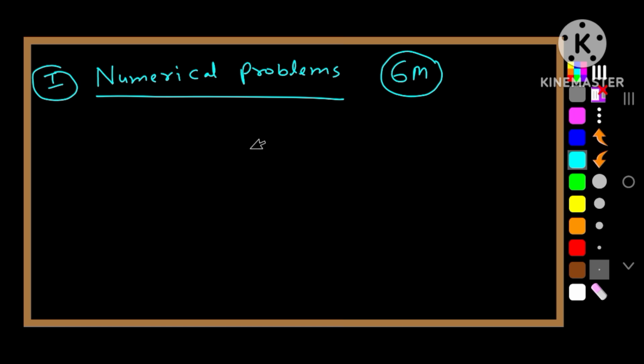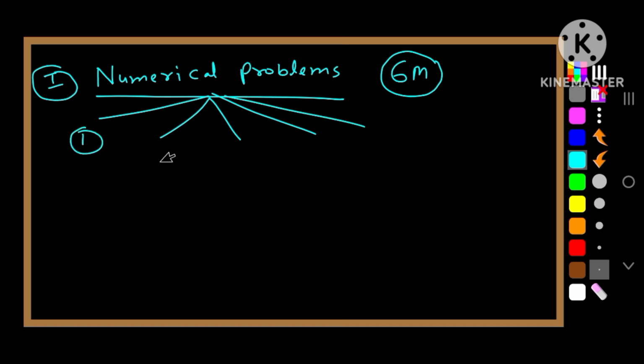So for example, when you see the numerical problems chapter wise, in the first chapter we are having numerical problems, in the second chapter, the fourth chapter, fifth chapter and ninth chapter. So what you have to do,